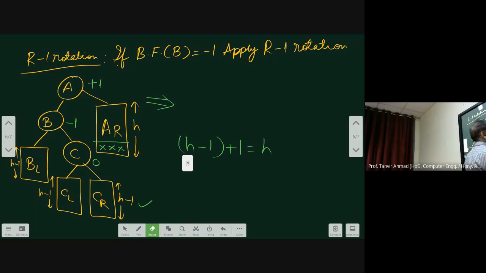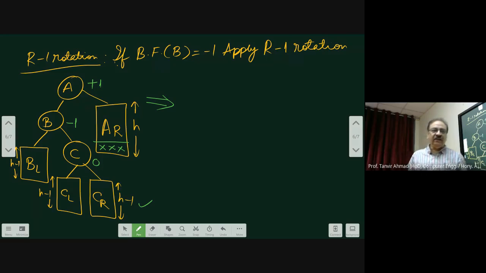Good. Keep this in mind, because actually these things cannot be done by mugging up. You have to make sure that you understand it very well. Now this is a case of double rotation. That means just like previous cases, we'll perform an anti-clockwise rotation at B, and after doing that, we'll perform a clockwise rotation at A. And therefore, the end result we'll get will be something like this.